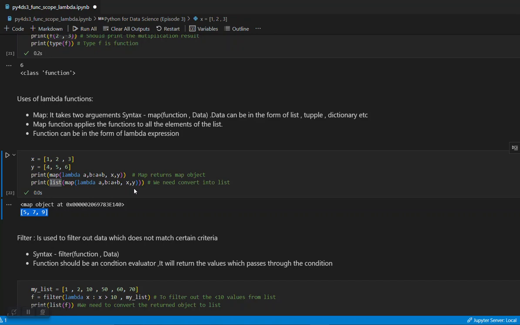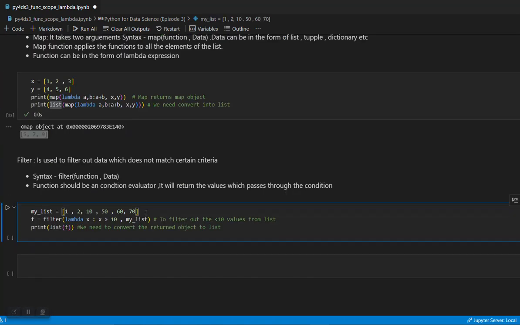Then there are certain scenarios where you need to filter the data. To filter the data, you can use the filter function along with a lambda function. It will evaluate the expression which we write here. I'm giving a condition that it will only give you the values which are greater than 10.